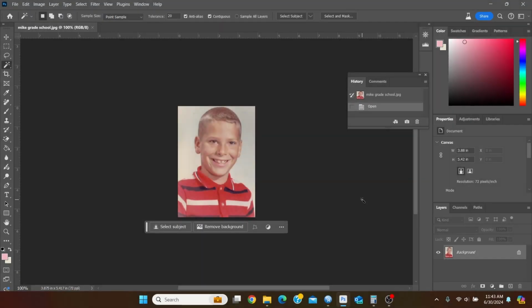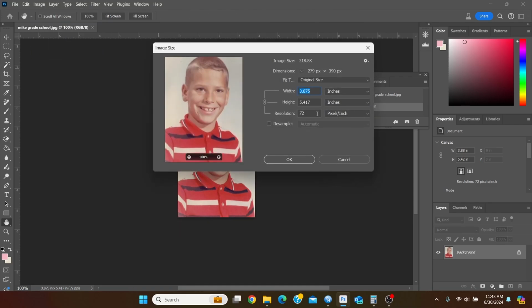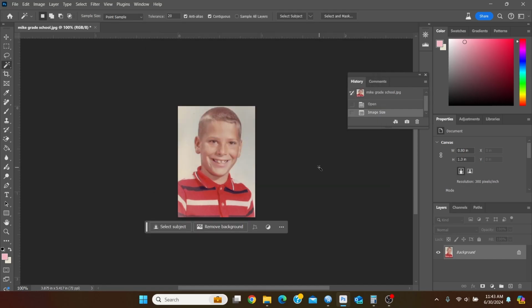So when we have a new image, oftentimes the image is very low quality. And if we want to know what print size is, we simply go up here to Image, Size, Screen Resolution, which we see here is 72 dpi. But if we change that to Print Resolution, which is 300, we then notice our image size is actually only 1.3 inches by 0.93 inches. When we wanted to try to enlarge that, we're going to run into issues